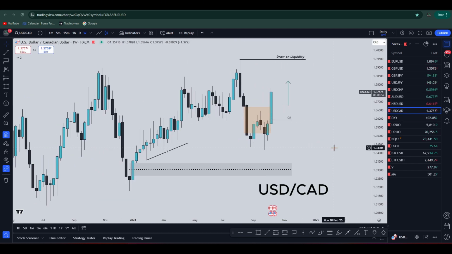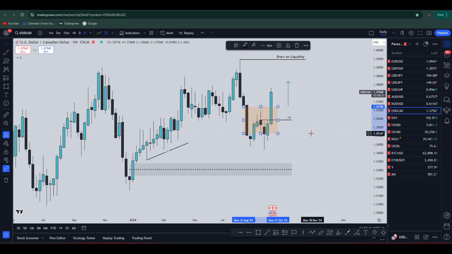USD CAD, bullish. USD CAD is pretty clear. I was bearish. I thought price action would reach here and take all this liquidity, but no. The market turned around this past week, so we just inverted this fair value gap on the weekly, formed an order block, so we're pretty much bullish, and I would say this is the draw, unless this fair value gap creates any problems. But for now we're holding it, and I'm bullish.